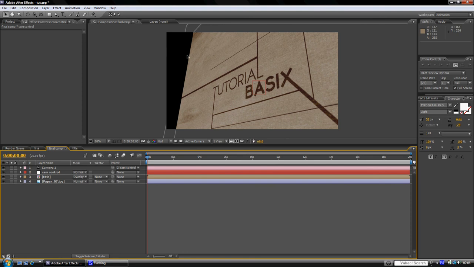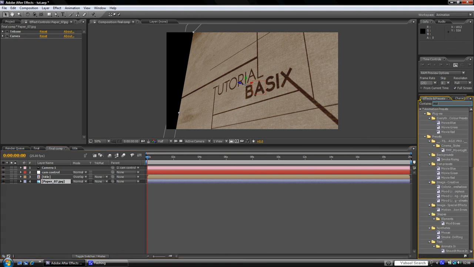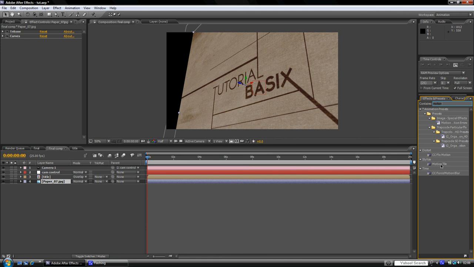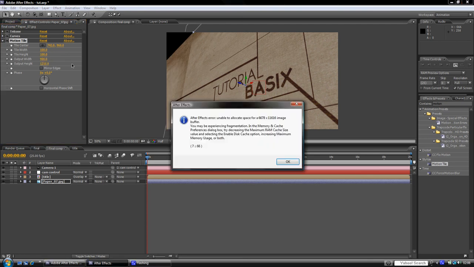Now obviously we've got a huge piece of black over in this corner, and we're going to fix that by clicking on paper, going to effects, and typing in motion tile, and I'm going to drag and drop that on to here. Now for the output width, all I have to do is just drag this out, and the output height to fill the, whoops,